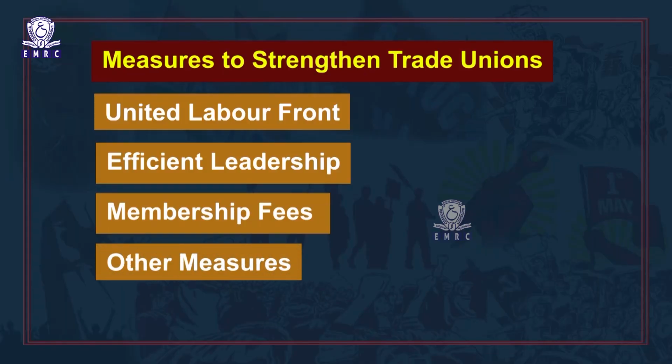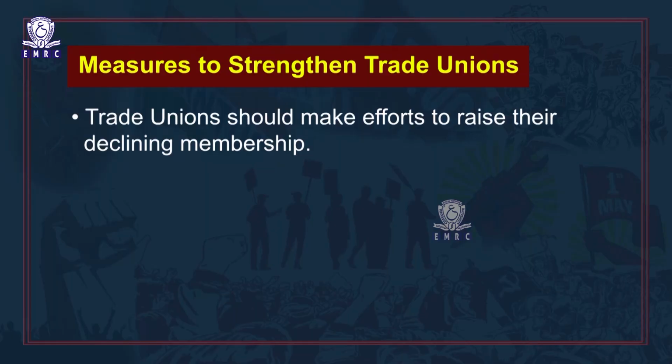The other measures to strengthen trade unions are: the trade unions should expand welfare measures to members and actively pursue social responsibilities. Social responsibility of trade unions should go beyond their limited constituency within members only. Trade unions should make efforts to raise their declining membership. Trade unions must broaden their base membership in unorganized sectors, which constitute about 92% of the workforce, and IT sectors or BPO call centers, from where most of the employment is coming in